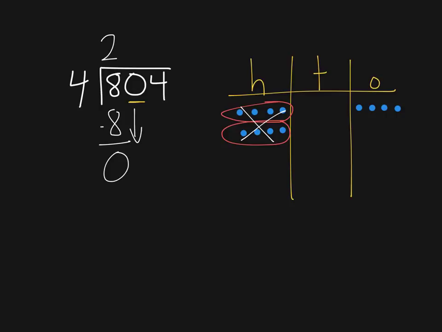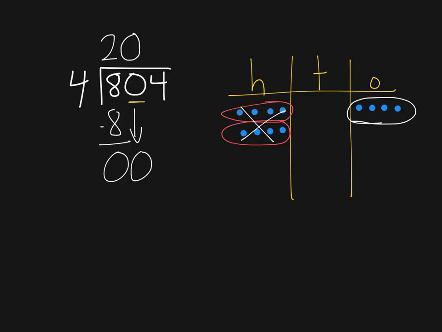So now I'm going to go to my tens column. Well, I don't have any value in my tens column, so I can't just leave this blank. I do have to put a 0 there. Can I make any groups of 4, or how many groups of 4 tens can I make? The answer is 0. So I put my 0 there as a placeholder,